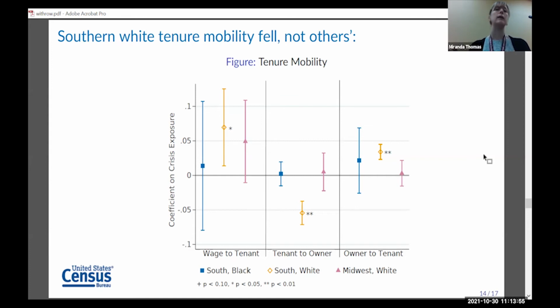The first thing I want to highlight is that Black farmers already had limited access to tenure mobility to begin with. If you were a Black tenant farmer, which is what I can see in the census in 1920 or 1930, you were likely a sharecropper. You were already having a hard time getting up to the ownership level. Additionally, this change in farm crisis exposure is measuring specifically changes in crop prices. Decreased crop prices actually make landowners want to hire sharecroppers. They can pay a sharecropper the cheaper crop commodity rather than paying them the wage. So that also helps mobility remain strong between the wage to tenant category.